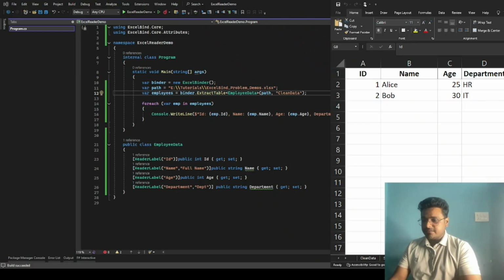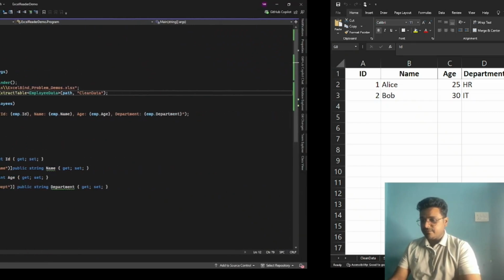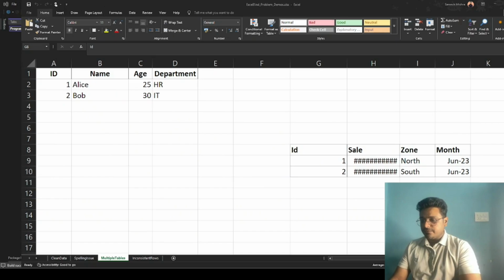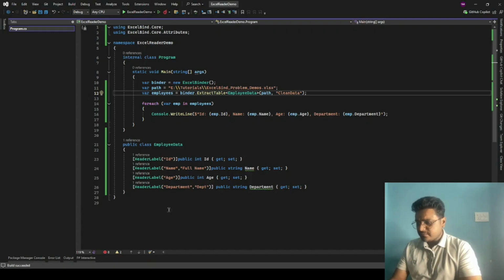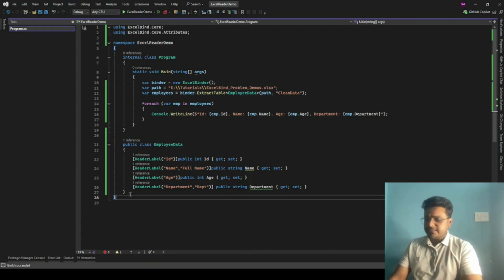If you can see my screen, I have this Excel, and we have this multiple table thing. So you have to write code again, right? In order to read this, you have to write the column, the starting of the table, the end of the table, everything. But with smart Excel reader, you don't have to do all these things. So let me quickly see what the name is. It's ID sale. Copy it, close it,